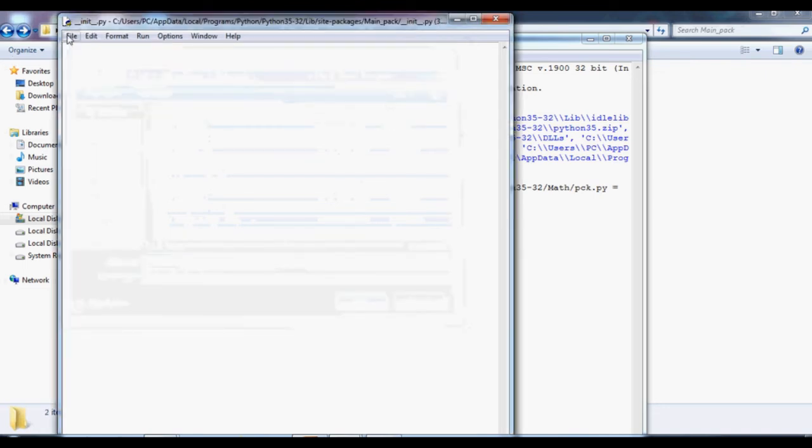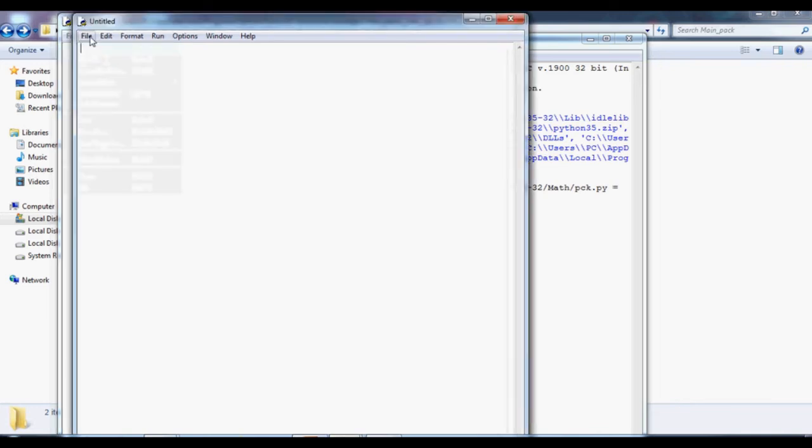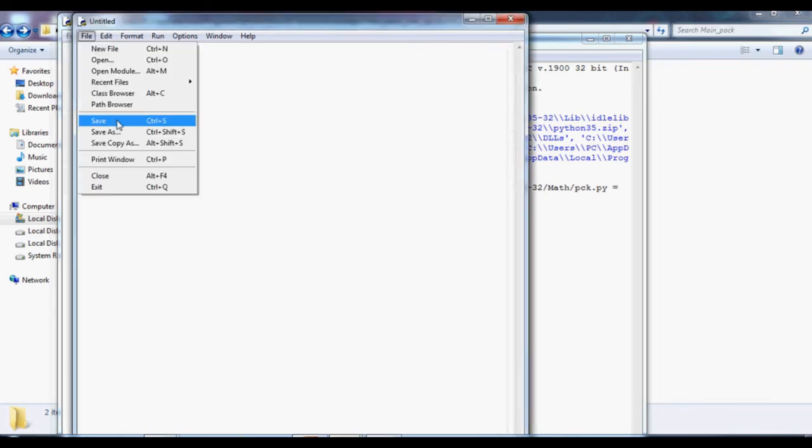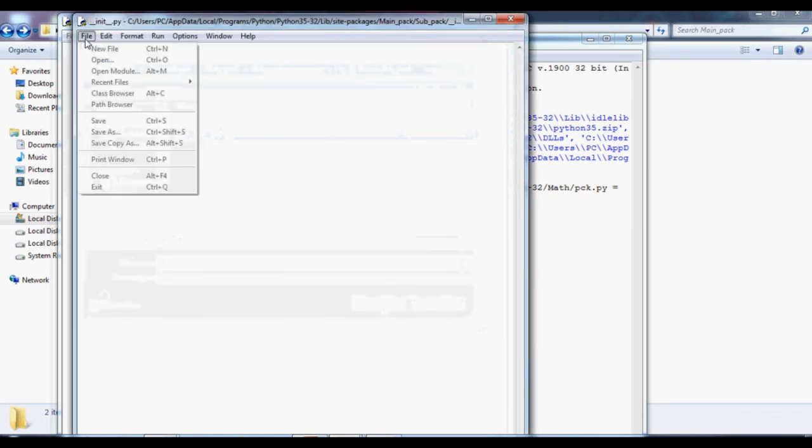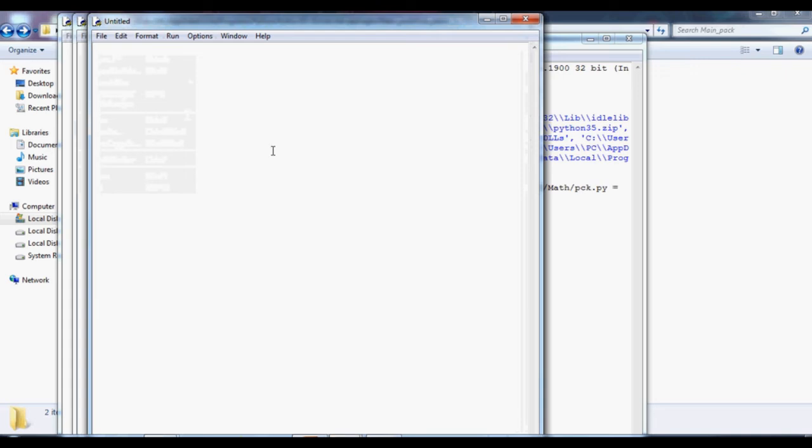Okay, once again I am going to create an init file for the sub package. Okay, so now I created it. Now I am going to create a new file. Let it be show.